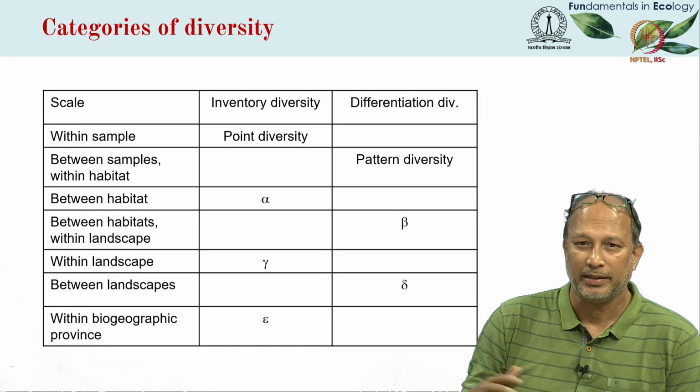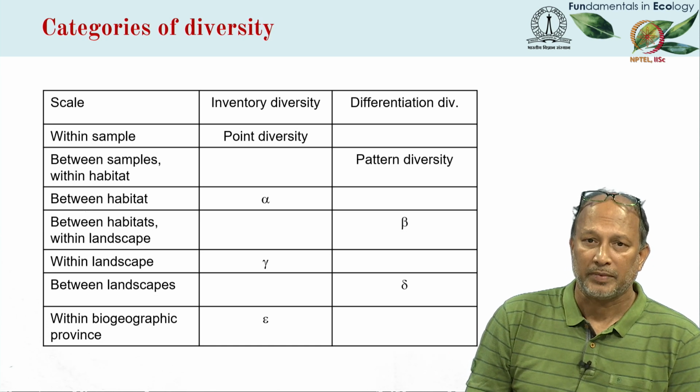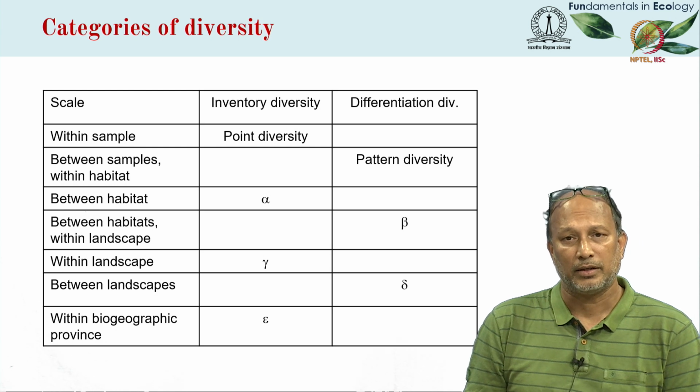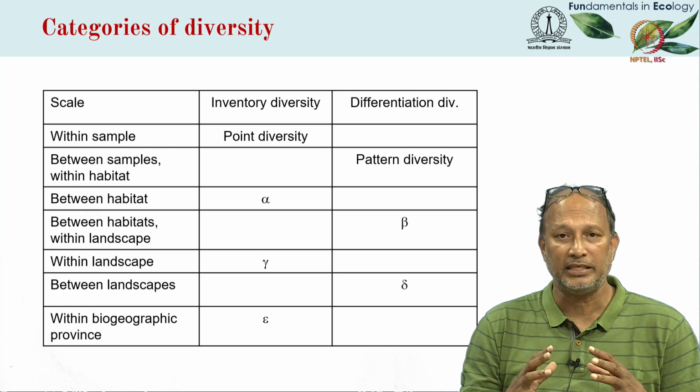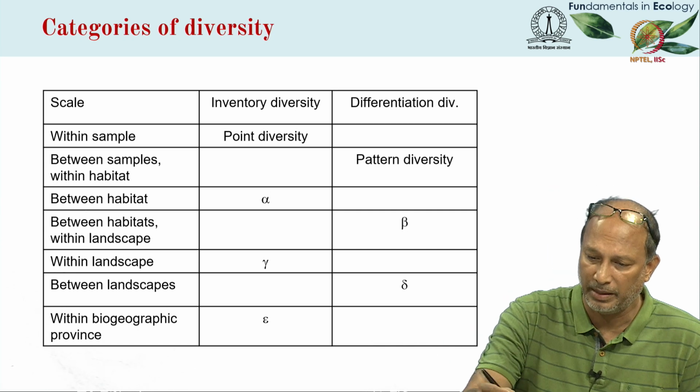And these have been designated as alpha, beta, gamma, delta, epsilon and so on. But as mentioned, the two broad elements of these are alpha, which are within a particular